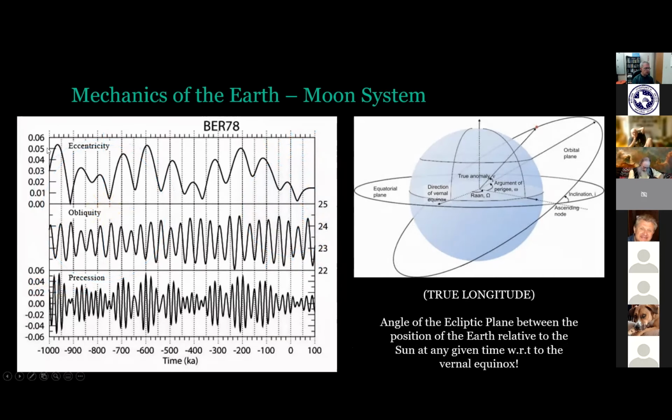Now, all this shows here is that the eccentricity, the shape of the Earth's orbit, is changing over time. This is the obliquity, which of course is shifting the axial tilt of the Earth. So right now, our axial tilt during summertime is pointed toward the sun while we are at aphelion, our furthest distance from the sun. But the change in the orbit could bring us toward our closest distance to the sun,